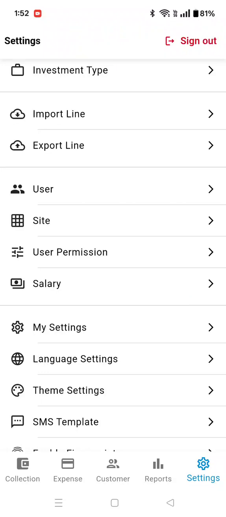When you create a new account, this user and user permission menu will not be visible to you. So if you want to convert your account to an owner account, you need to call the support number and tell them that you need to update to owner login. Once you have been updated to owner login, only then will you see this